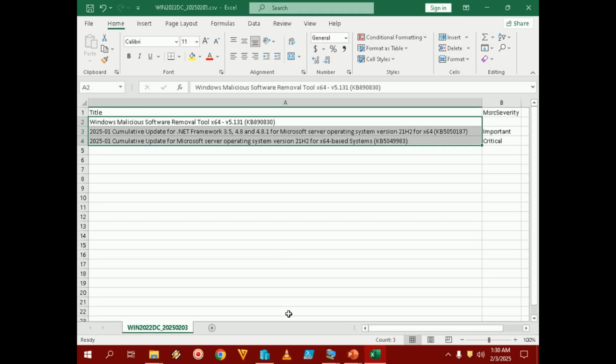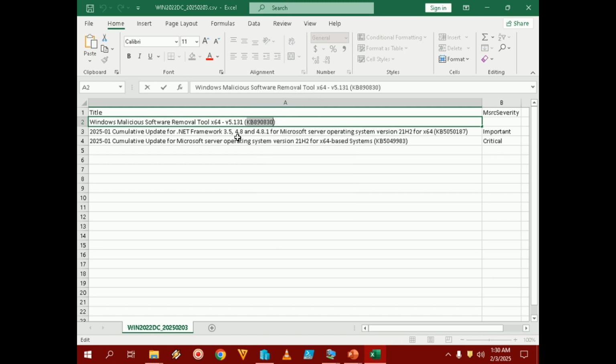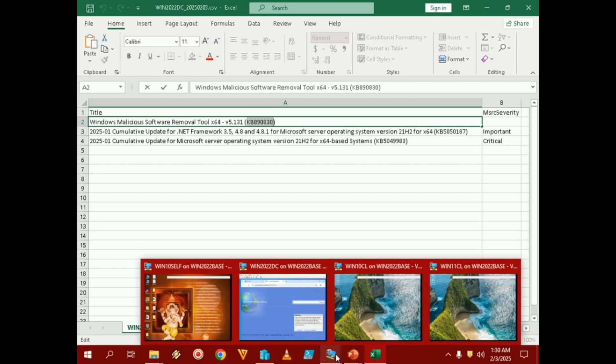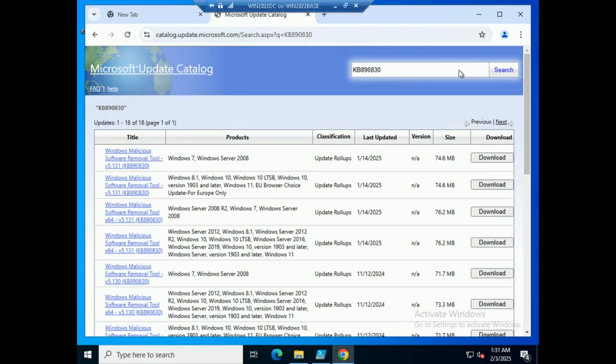Now we will come back to our CSV file, and I will paste this particular KB number first. Okay, and I will paste it over here and search. Okay, now here